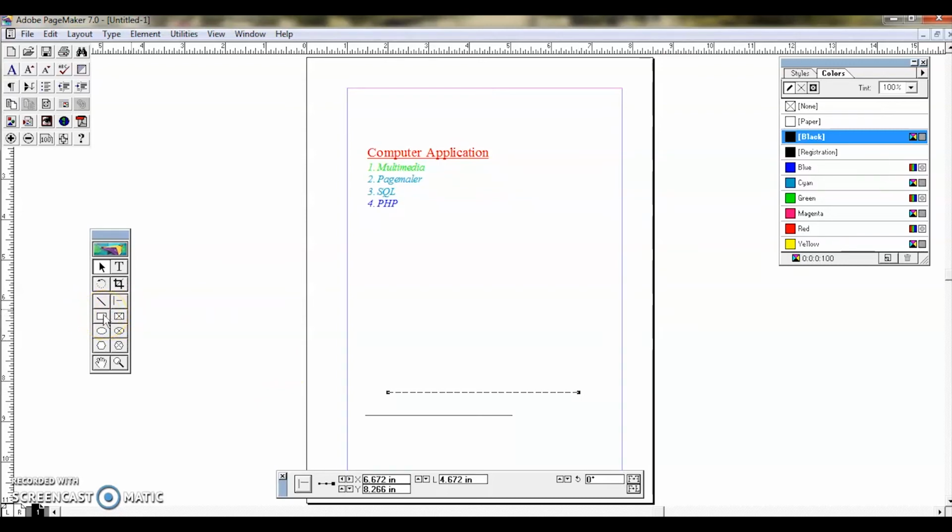If I click the rectangle tool and drag, and when I release my mouse button, the rectangle is drawn with the sizing handles.